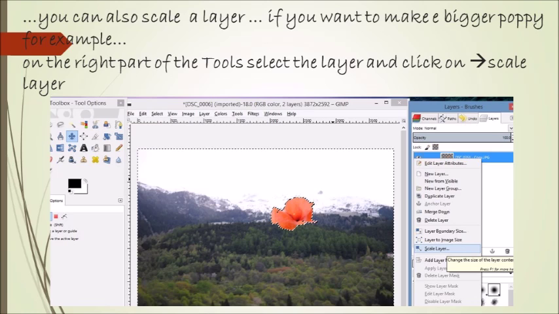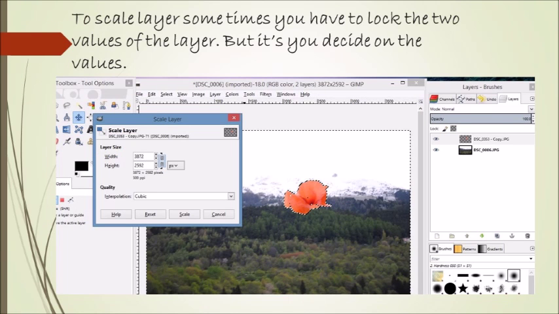If you look on your monitor at the right side, and if you click on the layer with the puppy, for example, with the right button of your mouse, you will see written Scale Layer. Click on this and it will appear a window with the values.